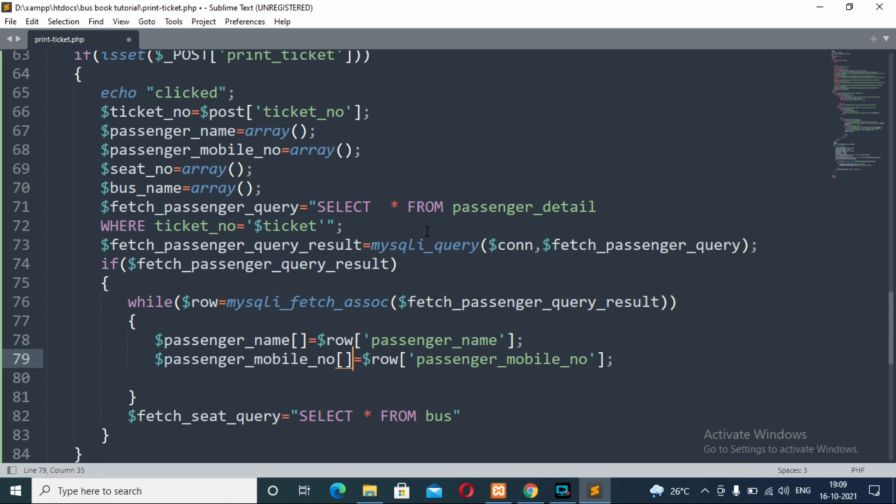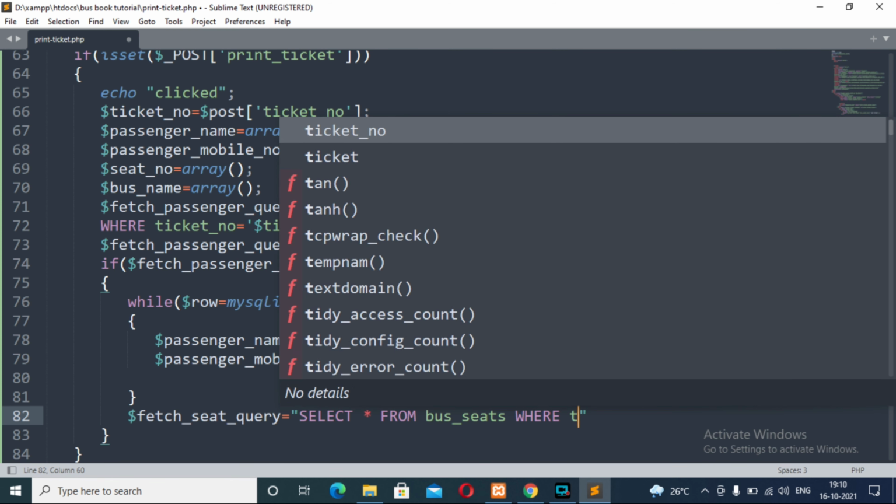Here whatever we are taking after from clause is the name of table, okay, from which I have to fetch the details. So here passenger detail is a table name that contains the details of passenger, and in the same way here I am writing bus seats. It is also a table name that contains the information of seats of different buses with the status, that is whether the seat is booked or seat is empty. So that's all.